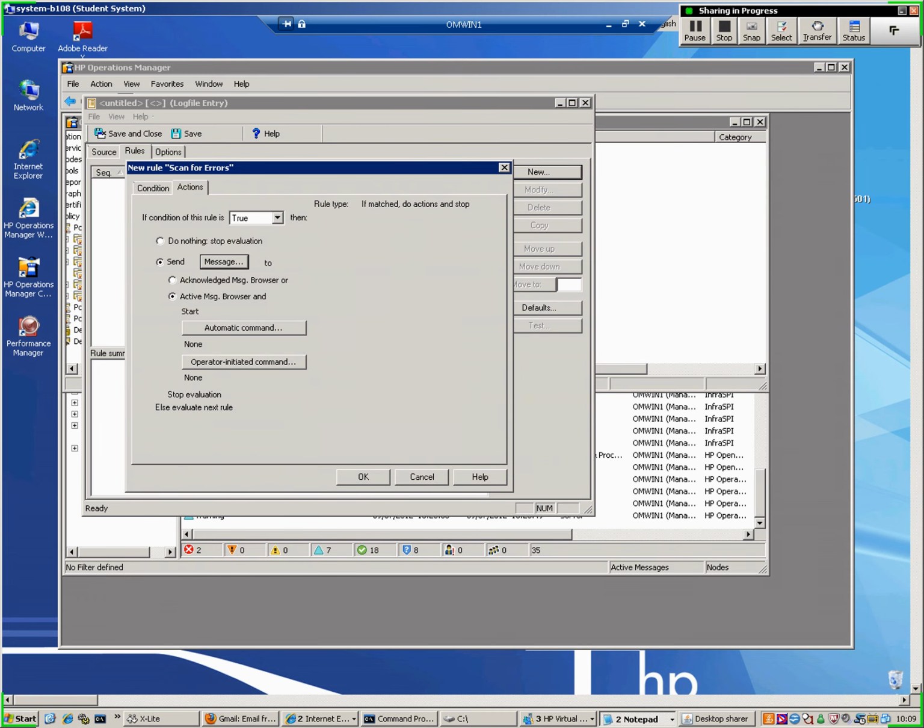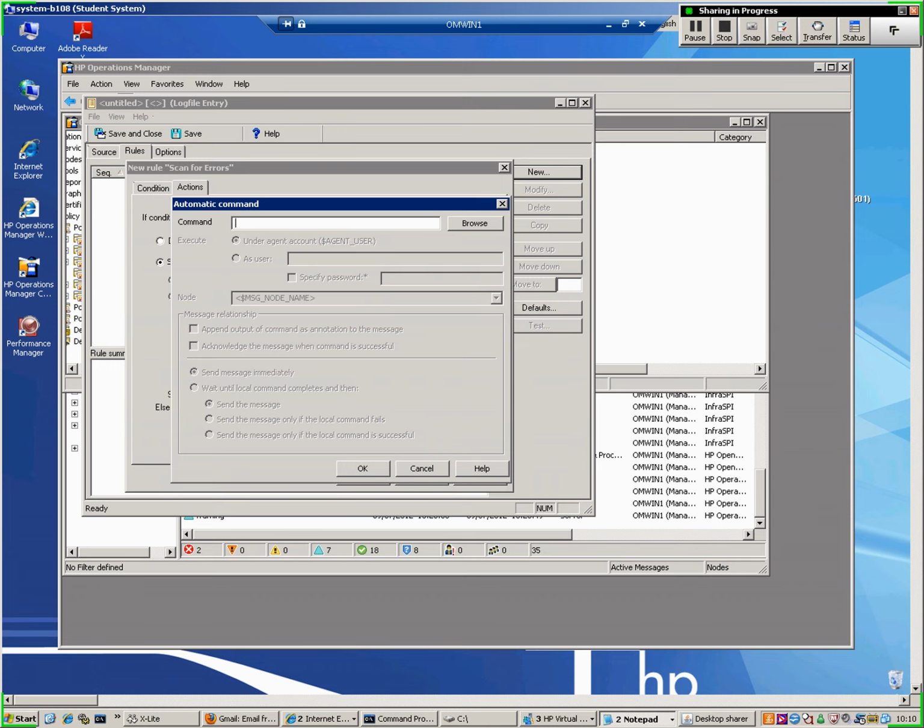Then I click OK. And what I also want to do here is two things we can do with these messages, which is quite powerful. We can have automatic and operator actions. So automatic actions run when the message is generated, and operator actions allow the operator to run them on demand. So I'm going to define an automatic action, and I'm just going to do something simple like get it to list a directory. So to do that I type cmd